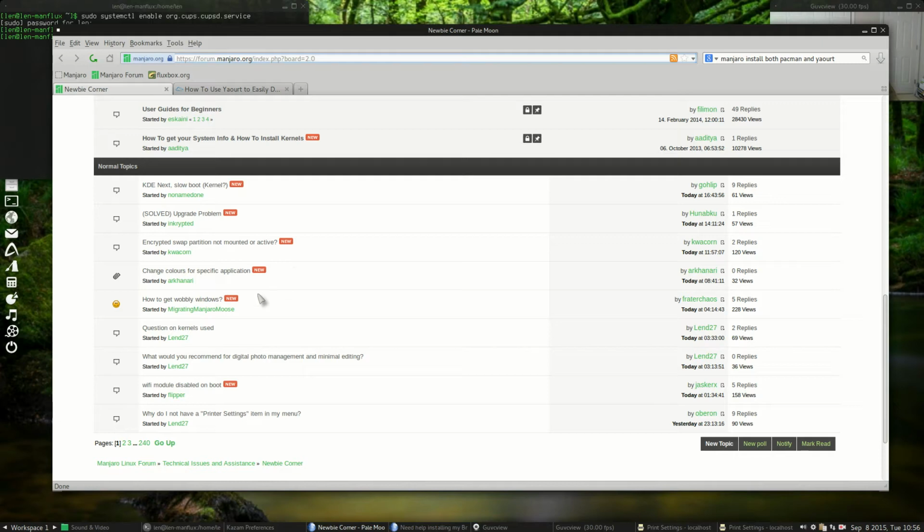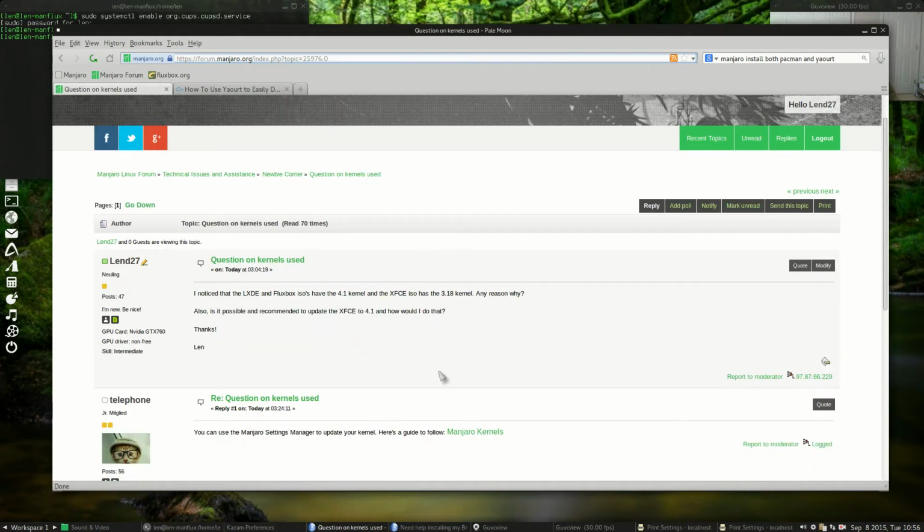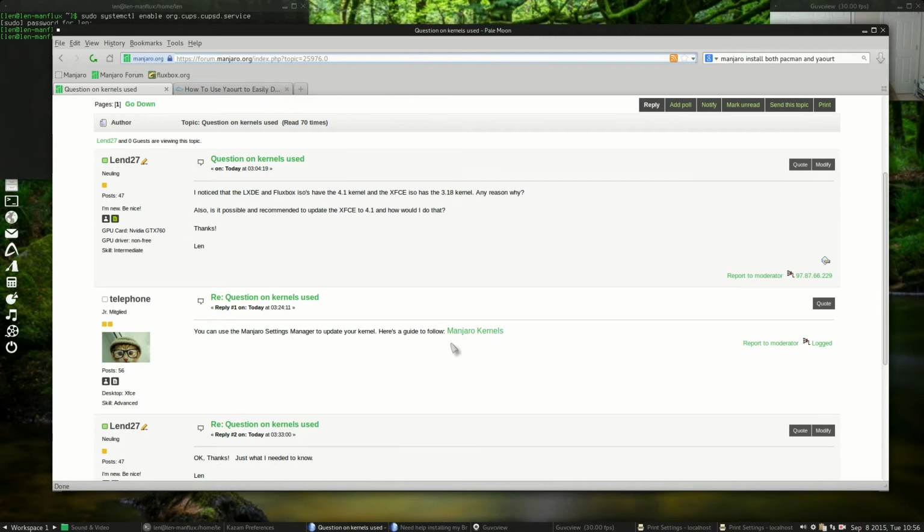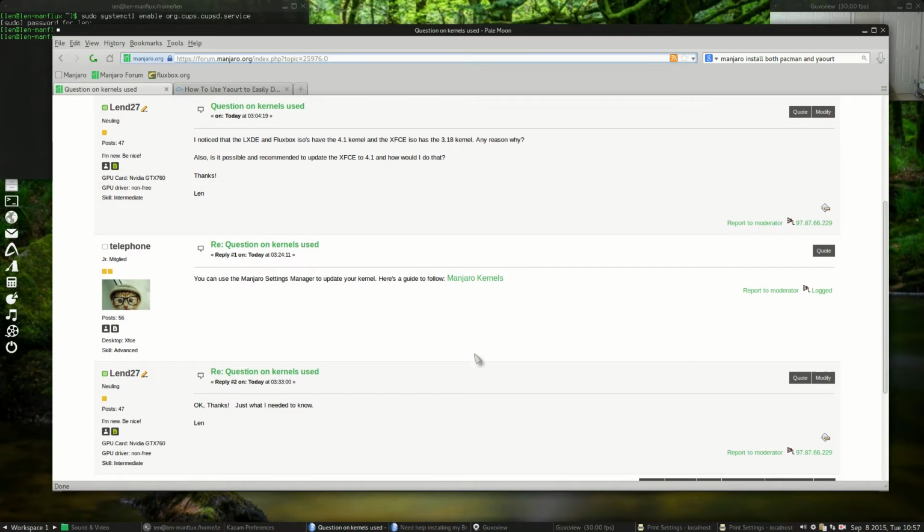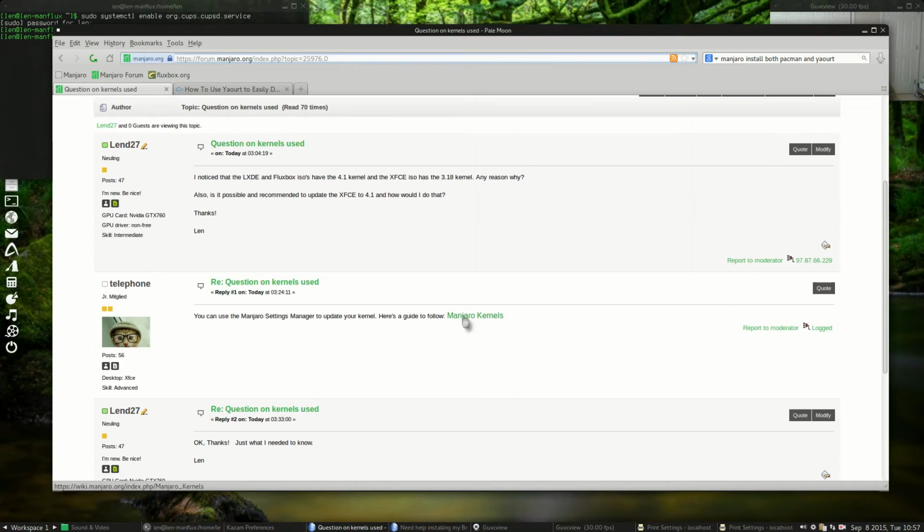And when I put my question on the kernels, I was advised that you can change the kernel anytime you want. Okay, so if you look at Manjaro kernels, I went to the menu